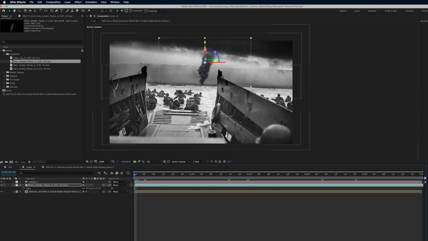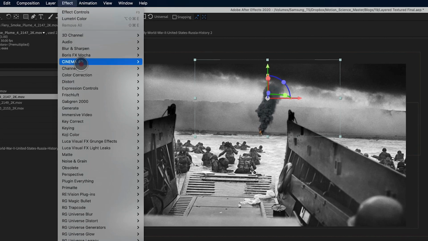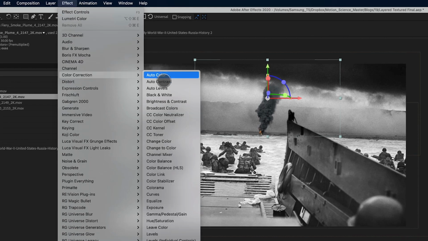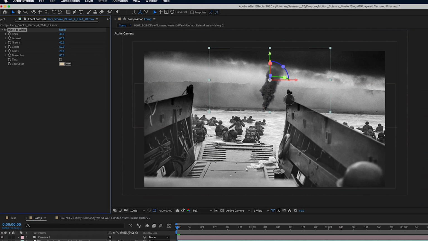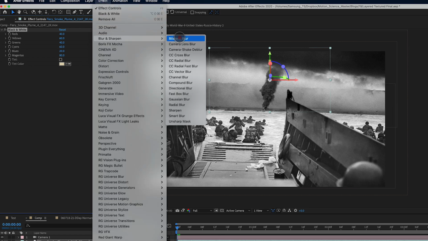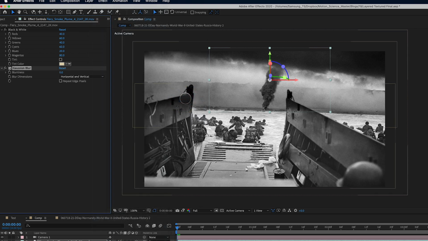I like that. Now the footage does not look like it blends in to the photo, so we need to do some compositing to fix that. So what we're gonna do next is we're gonna go to Effect. Let's go to Color Correction, Black and White, to make it black and white. That's a good start. Next, let's go to Effect, Blur and Sharpen, Gaussian Blur, and let's give it a blur of about 3 pixels. So that's with and without. It's very subtle, maybe a little bit more, maybe 5, maybe